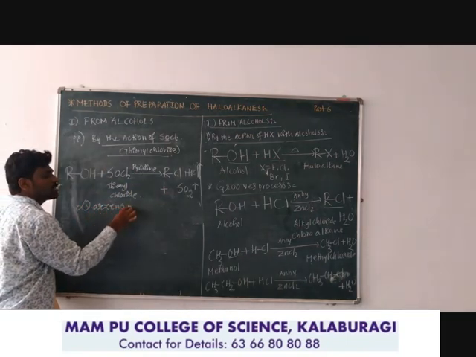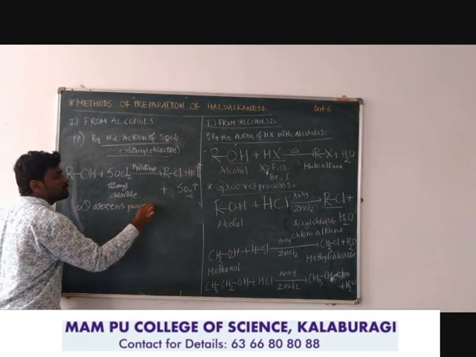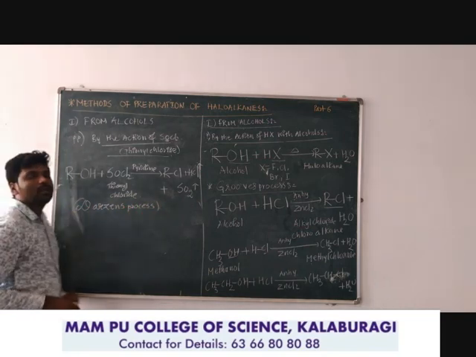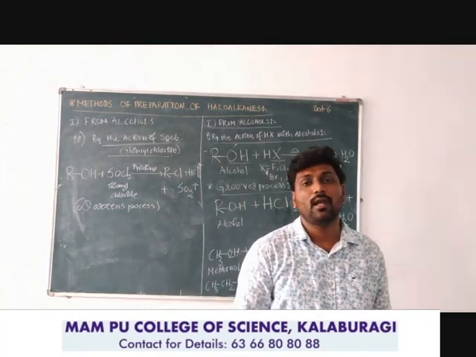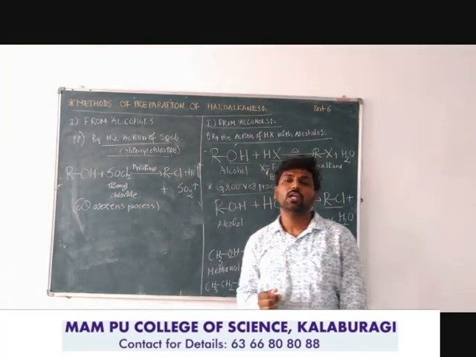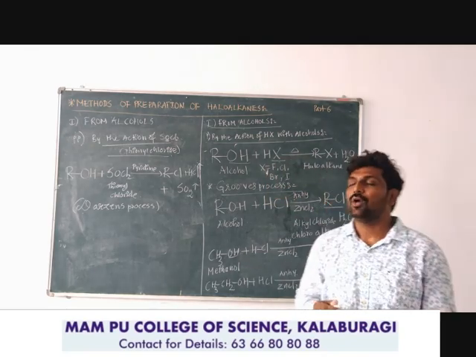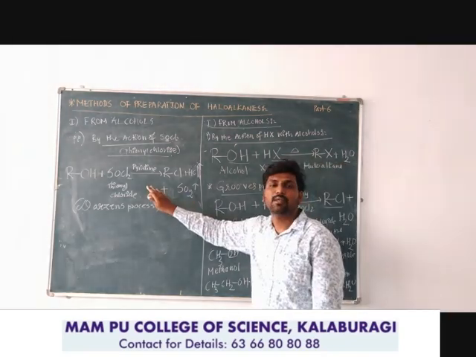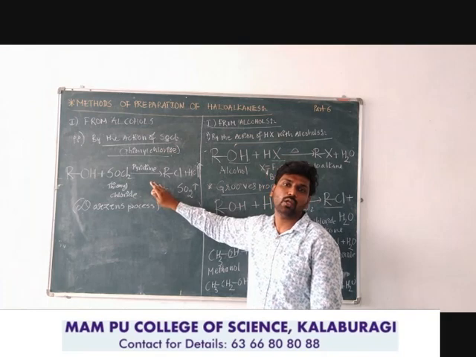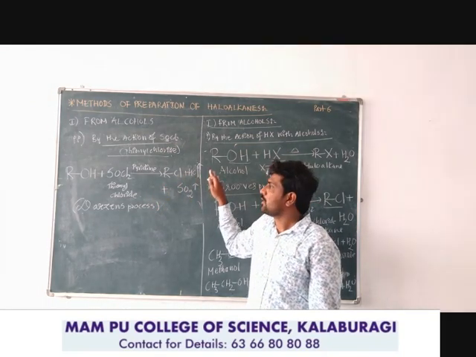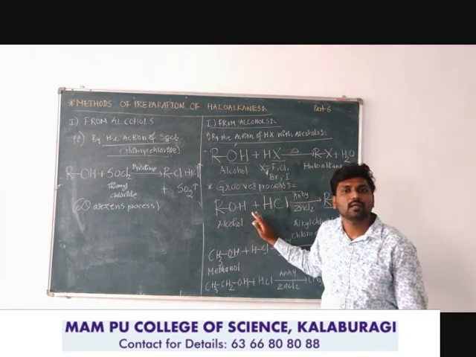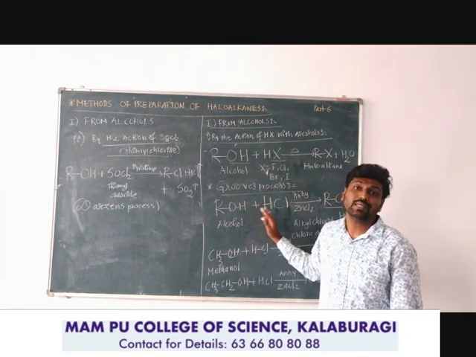Darzens is the name of the scientist who gave this process. He prepared it in the laboratory by using alcohol with thionyl chloride in the presence of a small quantity of catalyst, pyridine, where the OH of the alcohol is replaced with one of the chlorines of the thionyl chloride, and we are getting chloroalkane, and the byproducts are HCl and SO2 gases.